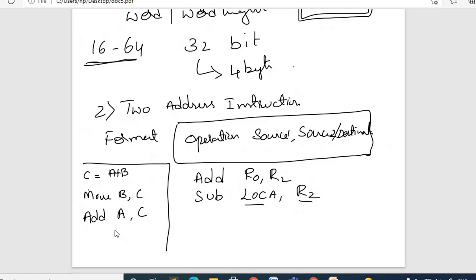There is no specific single method. You can use any other method also. So you can just go with the load B to C and add A to C. What exactly is happening? The content of B is loaded into C, then you are adding A to C. That means you are adding A plus B and storing into C.